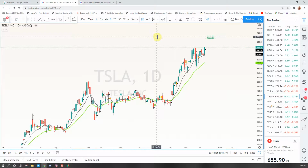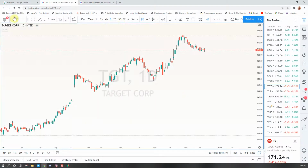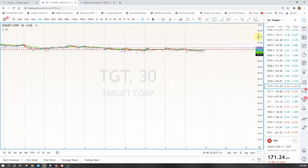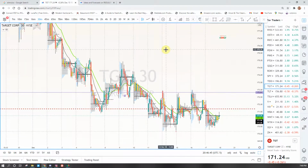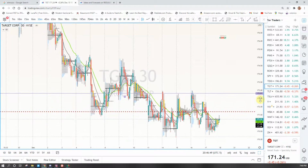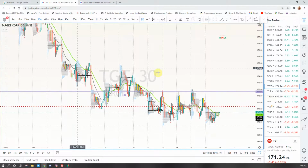Oh yeah. Let's see. Let me see. Another 30 minute. Oh yeah, I can see that. Yeah, here's all that consolidation where price did nothing. I mean, looking at it here,